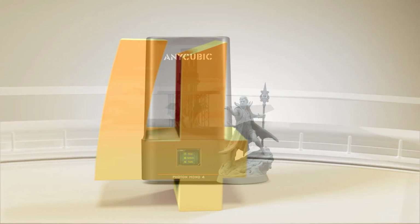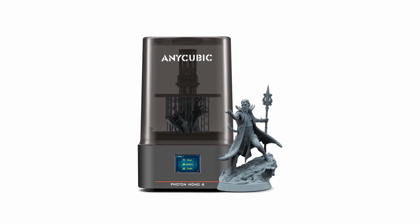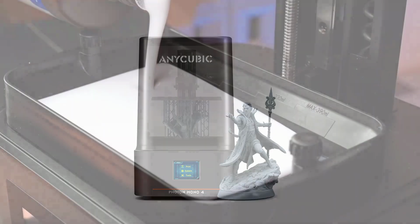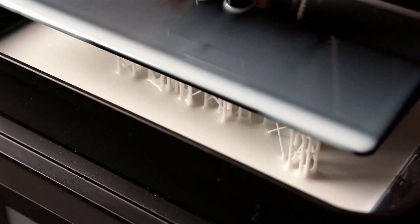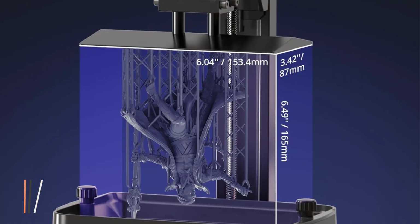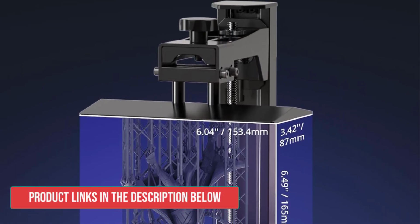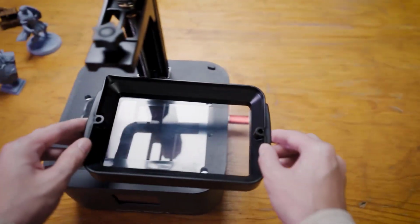Number 4. Anycubic 10K Resin 3D Printer. The Anycubic 10K Resin 3D Printer, specifically the Photon Mono 4, sets a high bar for detail and performance in desktop resin printing. It has a 7-inch 10K mono LCD with a stunning 9,024 x 5,120 resolution, and 17x17 micron XY pixel size, delivering a level of precision that's hard to beat, making even the smallest features on miniatures and prototypes